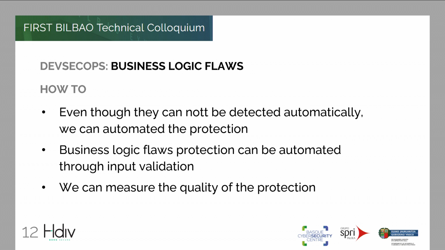Regarding business logic flaws and how to solve this part, the reality is that it's not easy to handle. In the security bugs part, it's relatively easy. You have a tool, you detect the issues, and if the development team hasn't solved them, you stop the deployment to production, right? It's relatively easy to do so. But in that case, what's the procedure? It's not easy, okay?